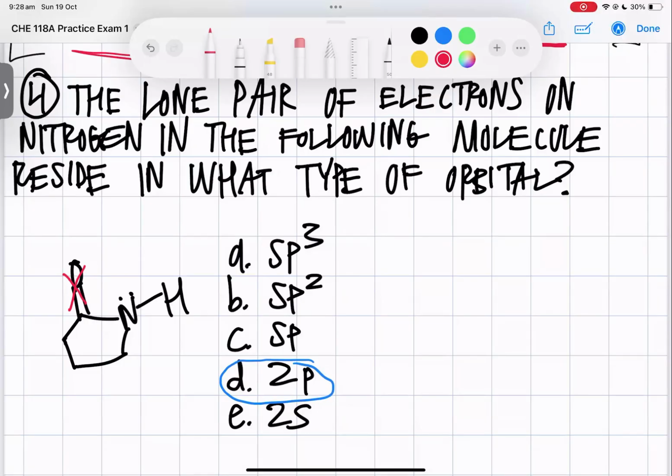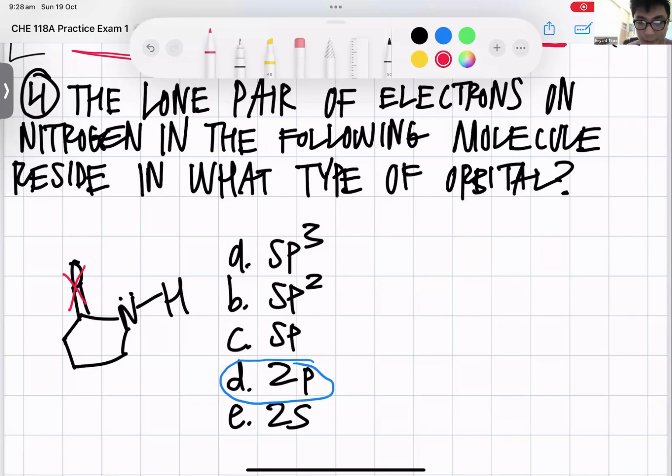I mean, won't it still be the same because nitrogen's still very much happy? Yeah. So it'd still be 1, 2, 3. It would still be sp2. Sorry. Oh, so a pair of electrons would also count. Yeah, so 1, 2, 3, 4. So it'd still be sp3. Yes, it would be sp3 because there are 4 electron groups.